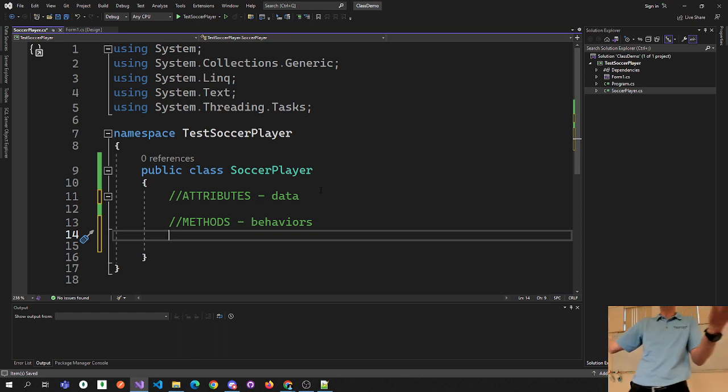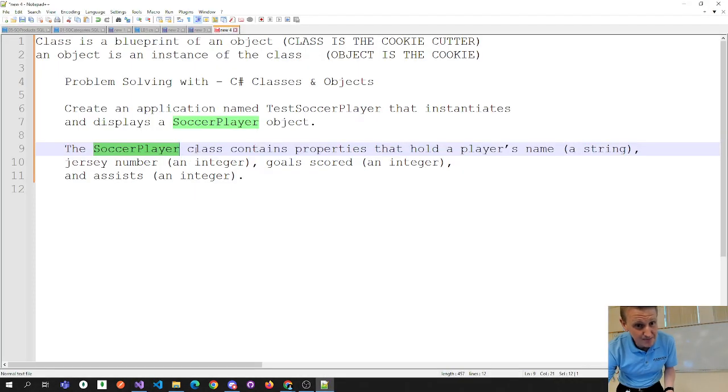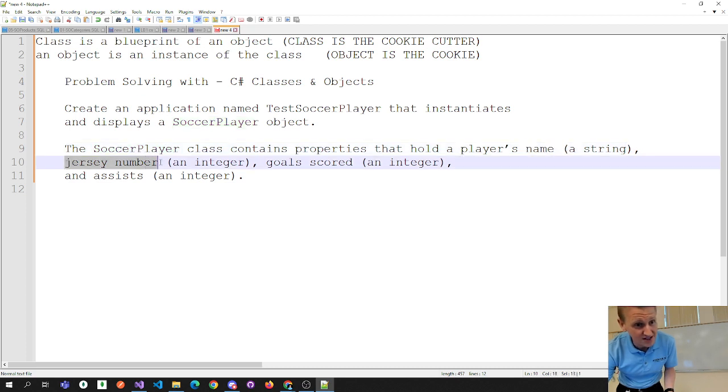You just got to say, this is the data that's important to my application. Okay, so luckily this problem says the player's name, the jersey number, and goals scored, right? So this problem tells us what data to store, and it even tells us the data type. So let's kind of start by